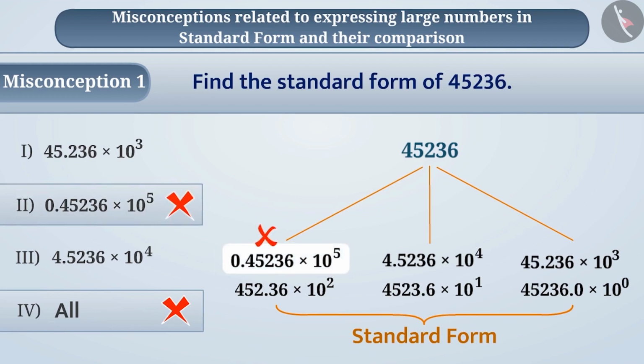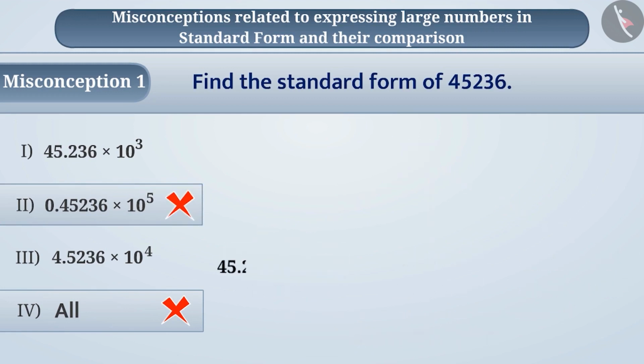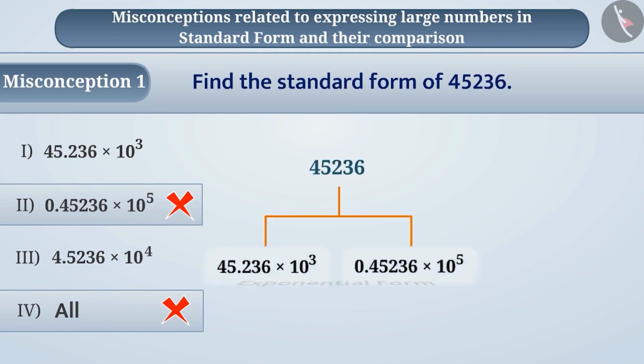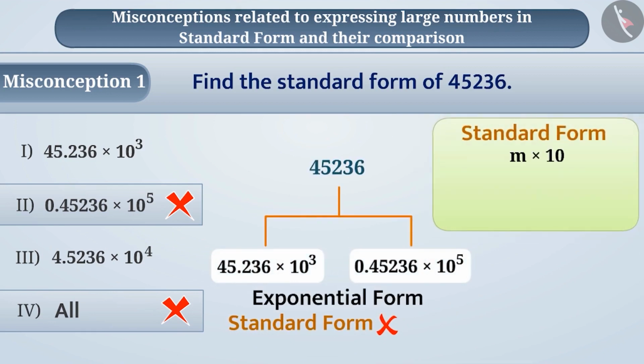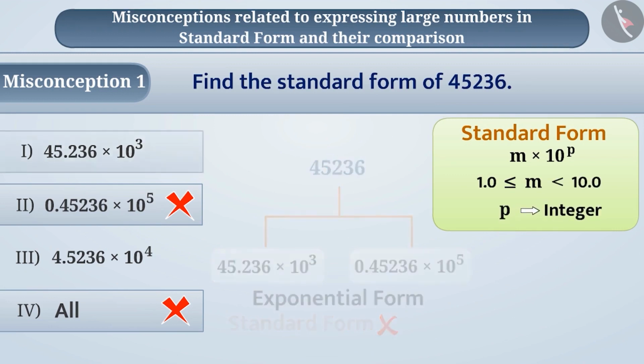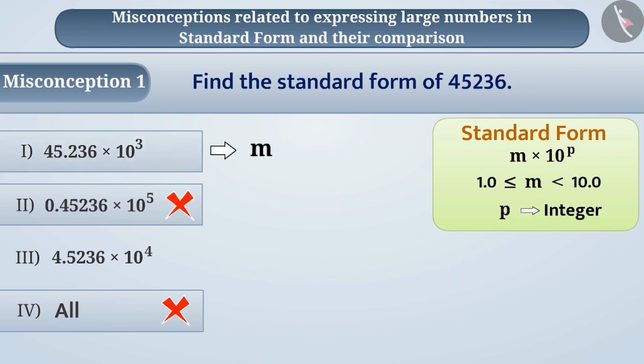The correct understanding is that both 45.236 into 10 to the power of 3 and 0.45236 into 10 to the power of 5 are exponential forms of the given number, but they are not the standard forms. It is because the standard form of a number is written in the form m into 10 to the power of p, where the value of m can be equal to or more than 1.0, but less than 10.0, and p is an integer. In option 1, we can observe that the value of m is greater than 10.0,